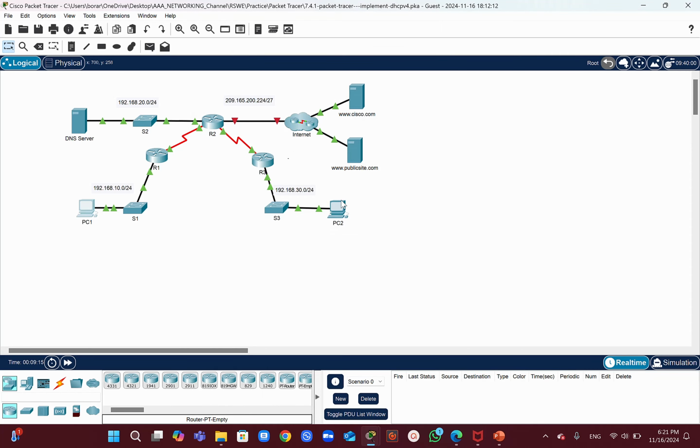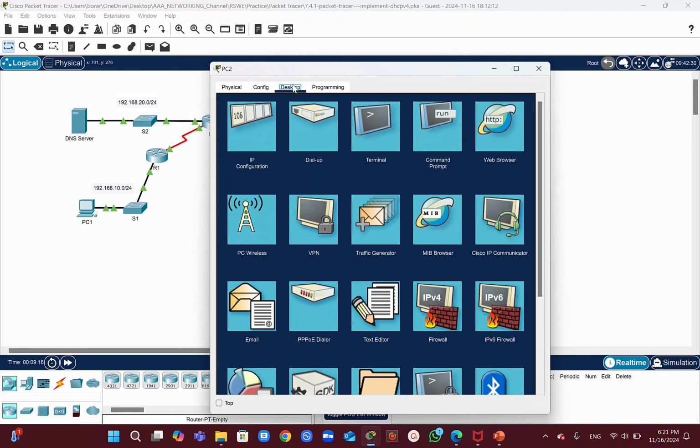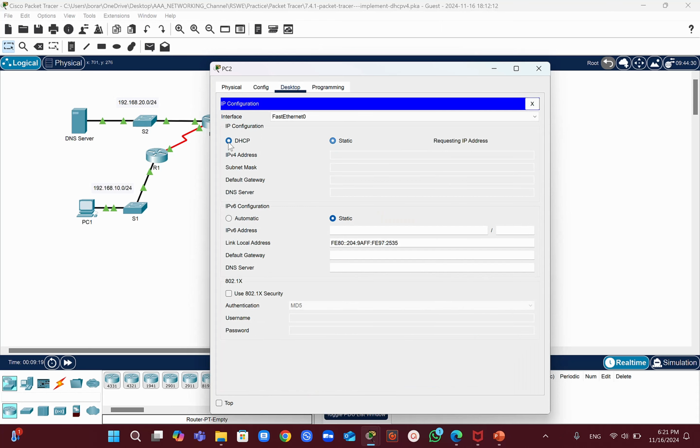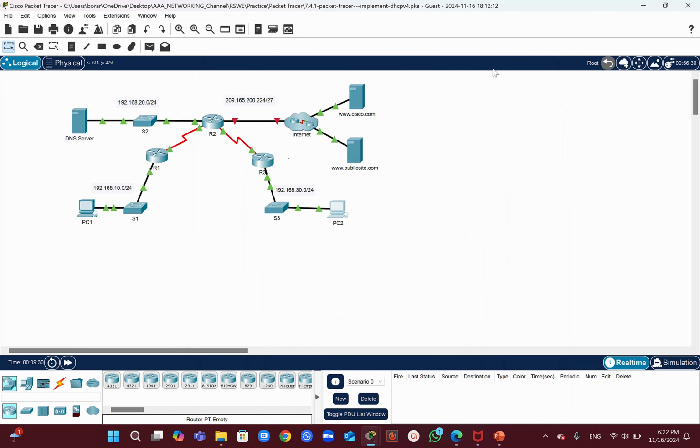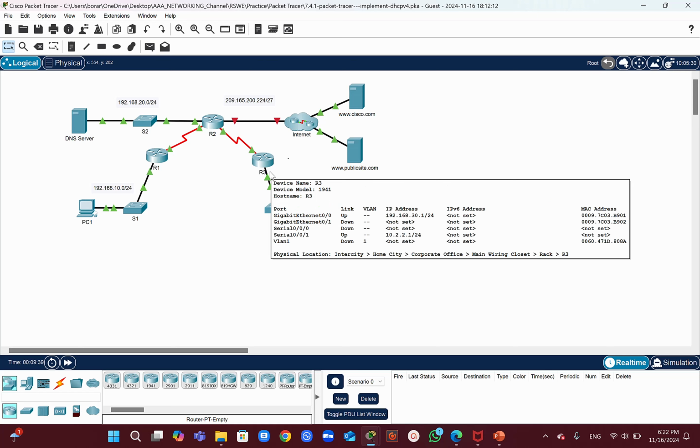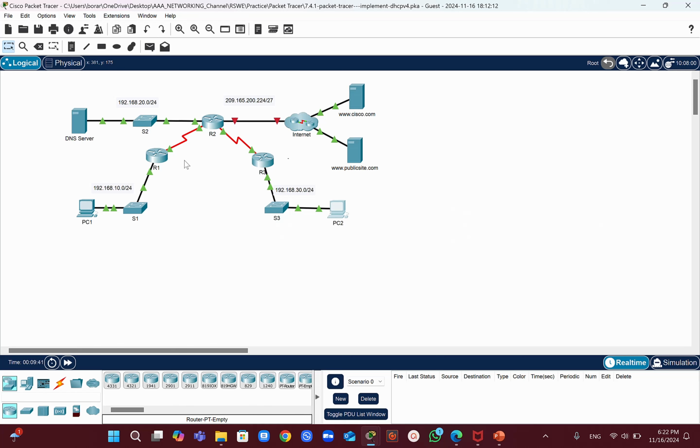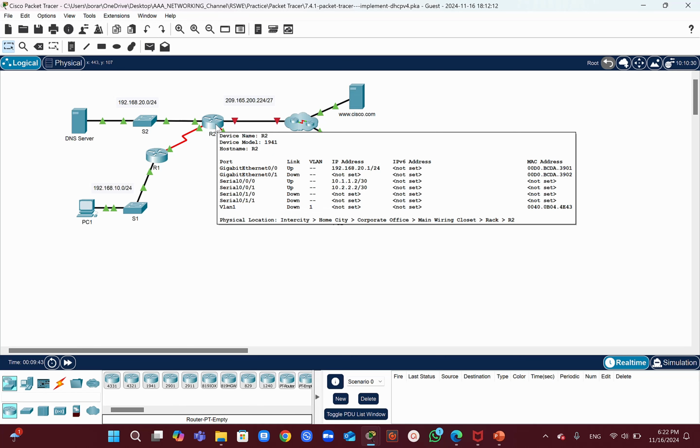So let's try on computer 2. Let's go here. They say that they will need to get an IP address, it is requesting. It's trying to find out if there is anything. No, it isn't. As you can see, it's not getting an IP address. So for those two devices that are in different LANs, the LAN at router 1 and the LAN at router 3, to be able to get an IPv4 address from the server, which is router 2 configured as a server,